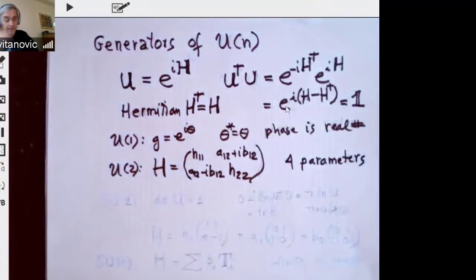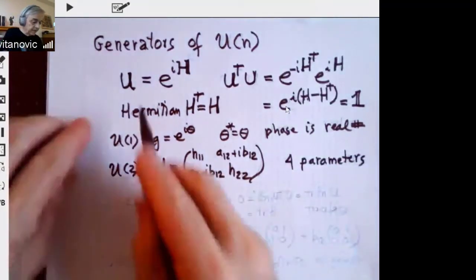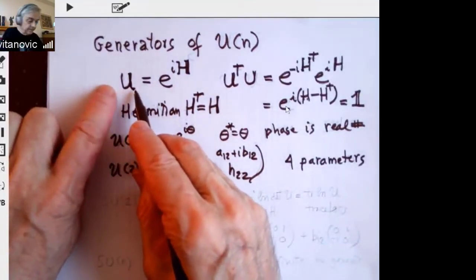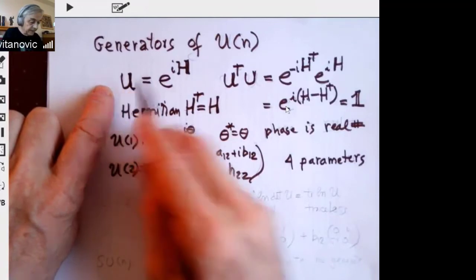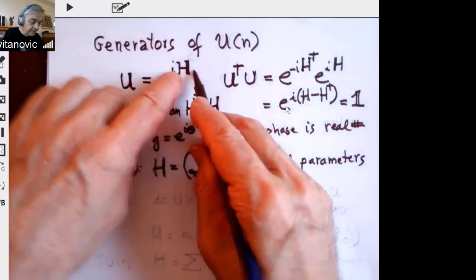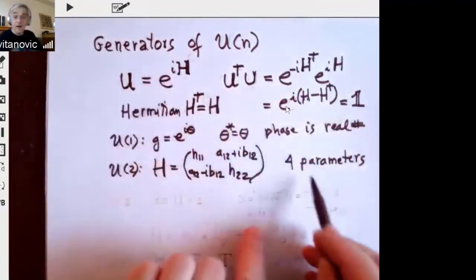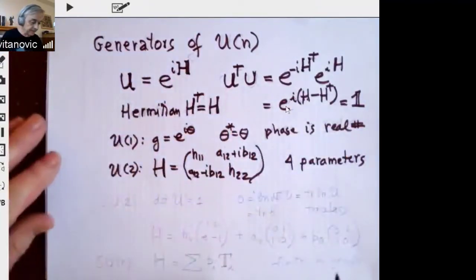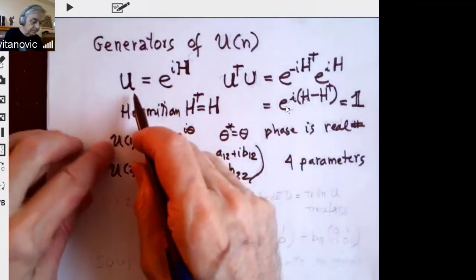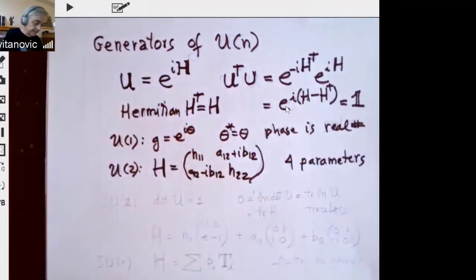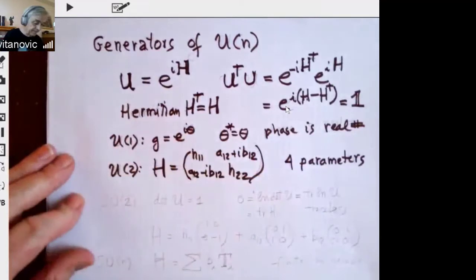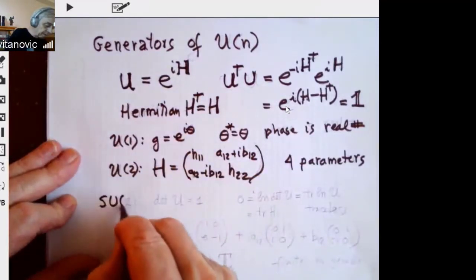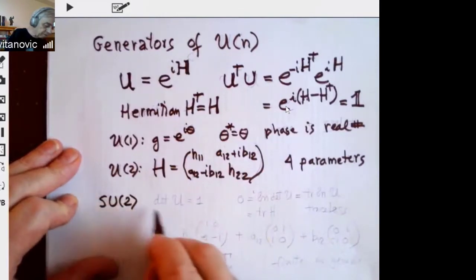And this is now a big deal because there are infinitely many of these unitary matrices. But if I write them in this form, I claim that 4 numbers will be enough to specify all of these matrices. Here it wasn't obvious, but here it's explicit. Now, if you specialize for a special unitary group in 2 dimensions,